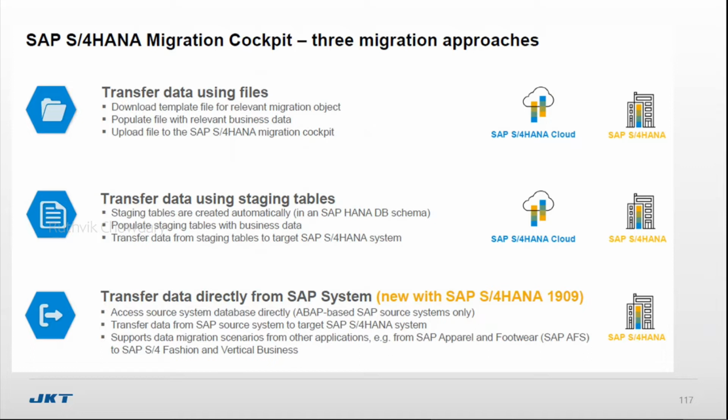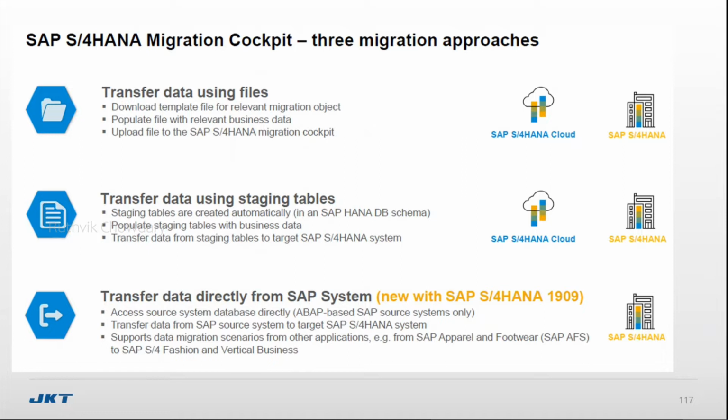What happens, for example, if you are migrating from ECC to S4HANA and you want to bring your master data and all the things? You will link the VBAK table in ECC and the VBAK table in S4HANA, and that data will be transferred between the tables. In that way only.